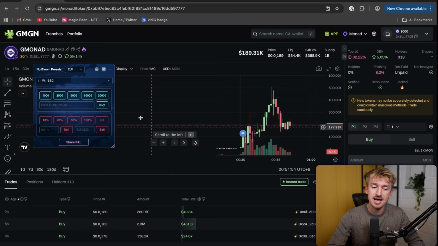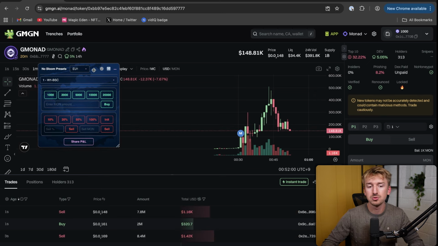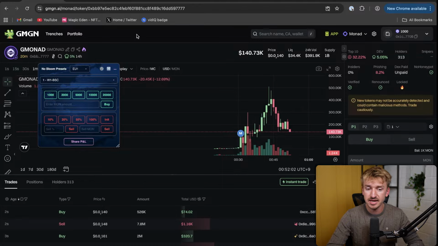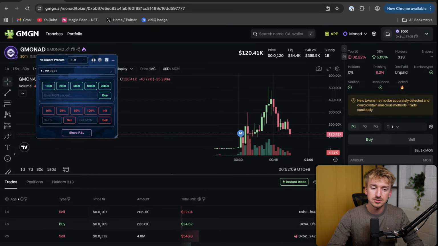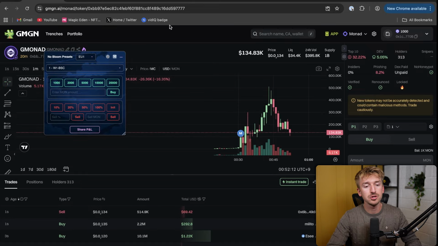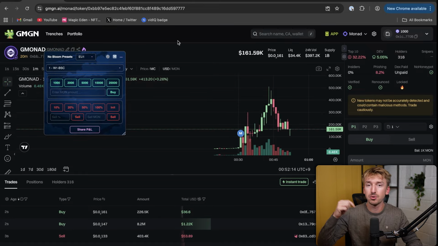So it basically acts as any other instant trade panel, but the order gets executed on the Bloom Telegram bot instead of GmGn, and Telegram bots like Bloom are often a lot faster than the web apps, so this is another great option. Whichever one you want to use, I will leave the links to both of them down below,